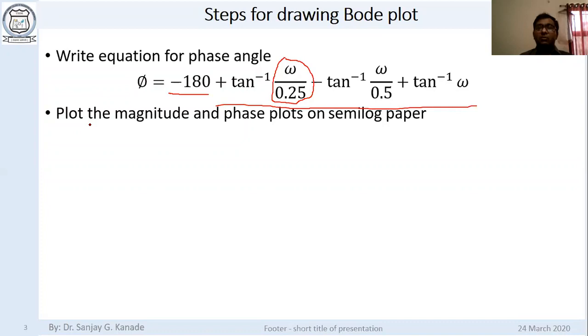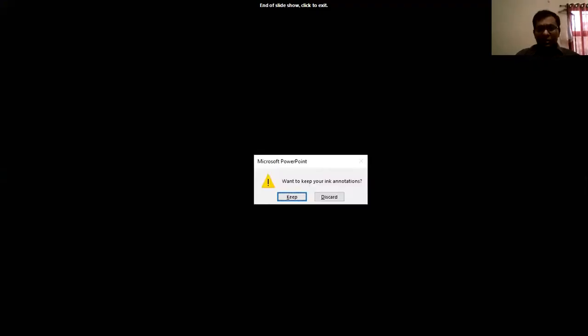Now, how to choose the scale and the other things, we have seen during the class, and the video is also posted online. So if you find any problem with choosing the scale and so on, please refer to that video again. Okay, so now what we will do, we will see the same